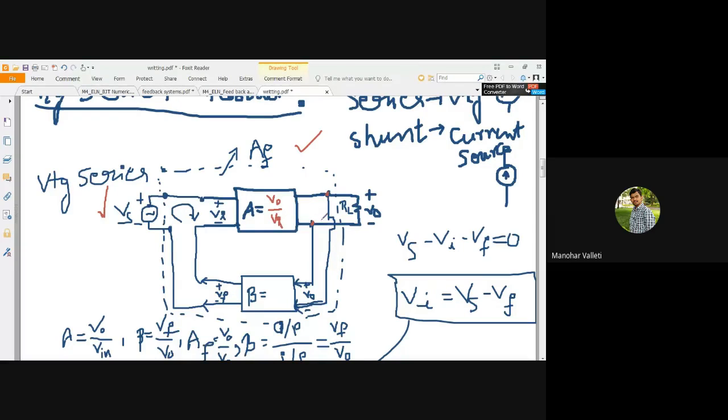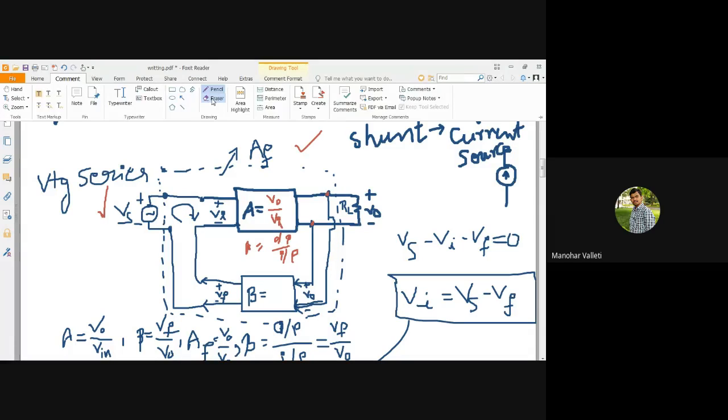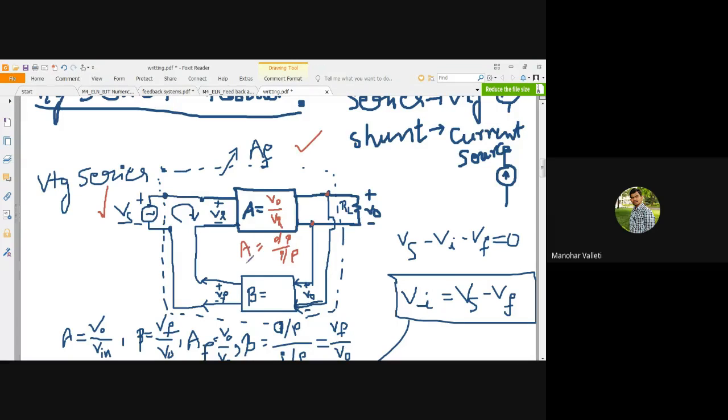Now, for the negative feedback to apply, you connect between output and input some feedback network which has the feedback factor beta. Beta is the feedback factor. So how will we write beta? Same way as we wrote A. When you wrote A, you wrote output by input. So when you are writing beta also, you follow the same convention: output by input.